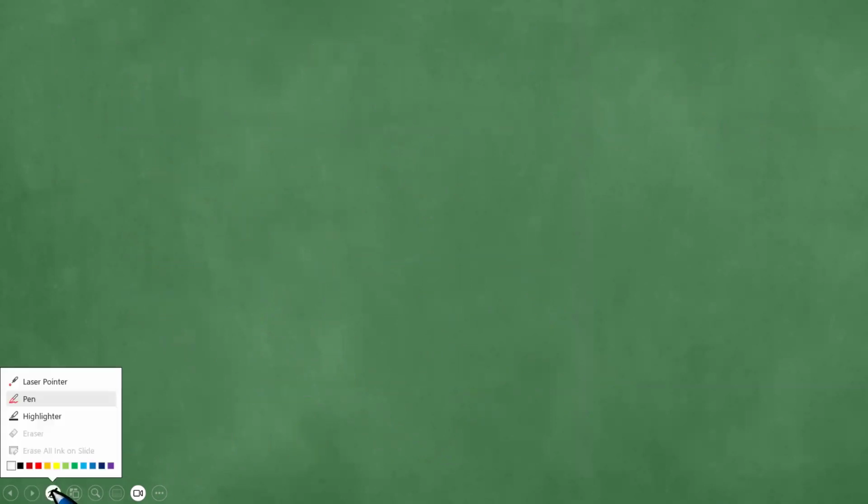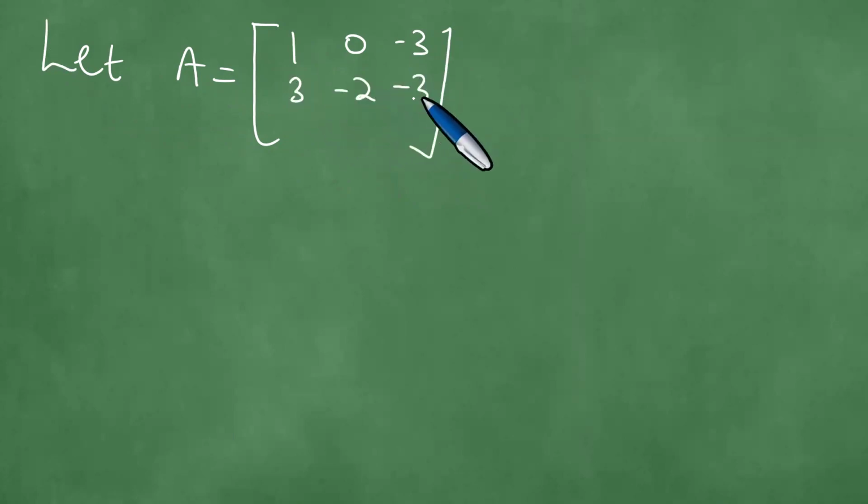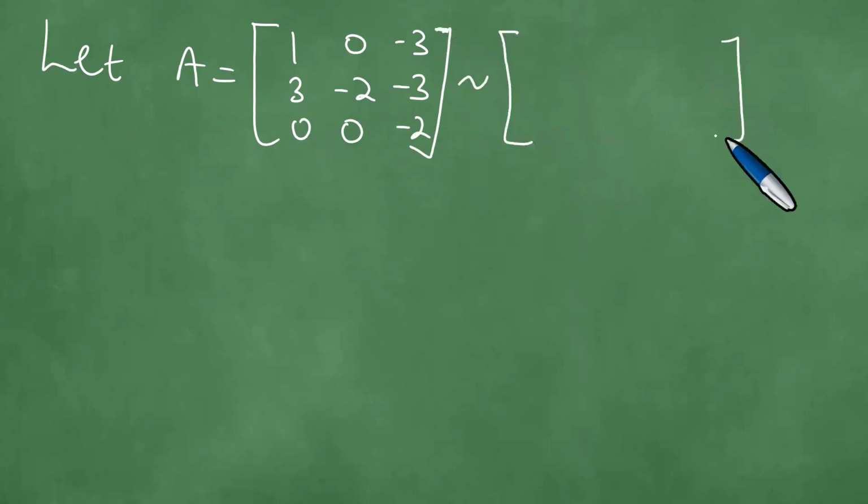Right now, first things first, we let A be the matrix 1, 0, -3, 3, -2, -3, 0, 0, and -2. Moreover, we are able to make the observation that this matrix must be reduced to an upper triangular matrix,